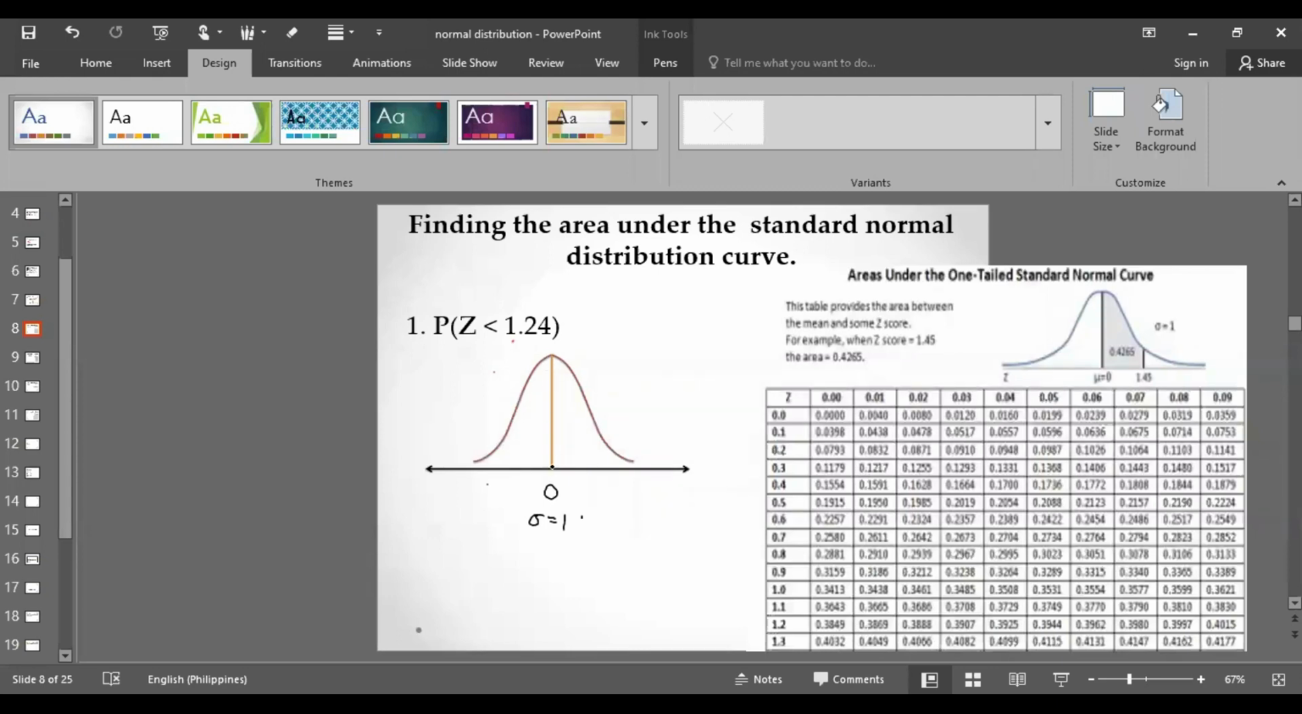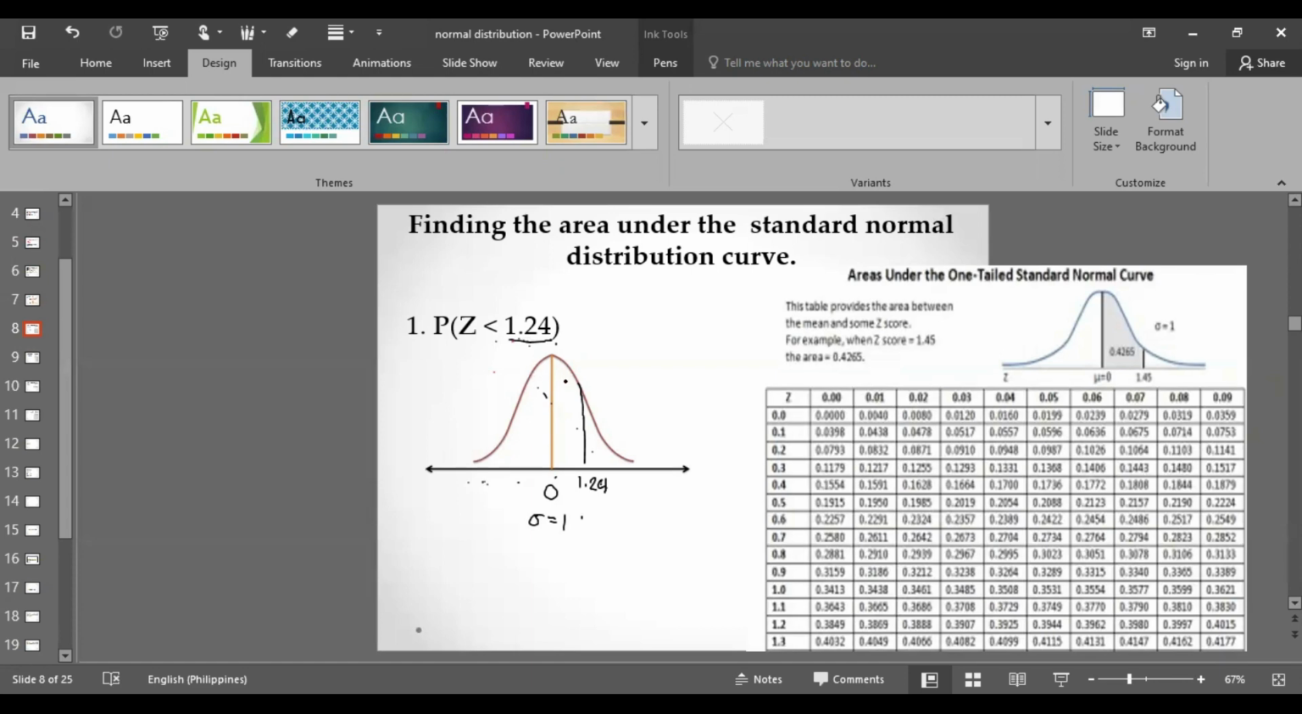Now always remember that the values to the left side of the mean are all negative, while the values to the right of the mean are all positive. Okay? Let us locate 1.24, even if just estimated. So let's say 1.24 is here. What's important is, if the z-score is positive, it should be located on the right, and if the z-score is negative, it should be located on the left. Okay? So since the symbol that is present here is less than, the area is less than the z-score 1.24,